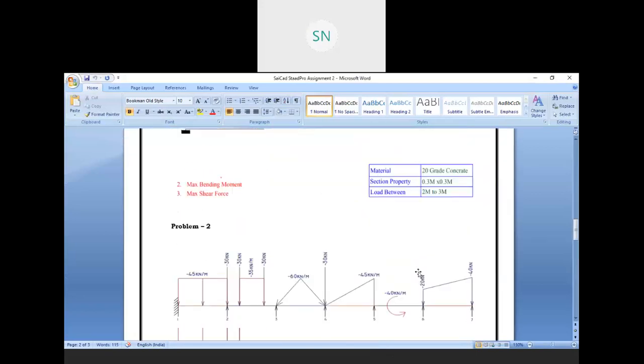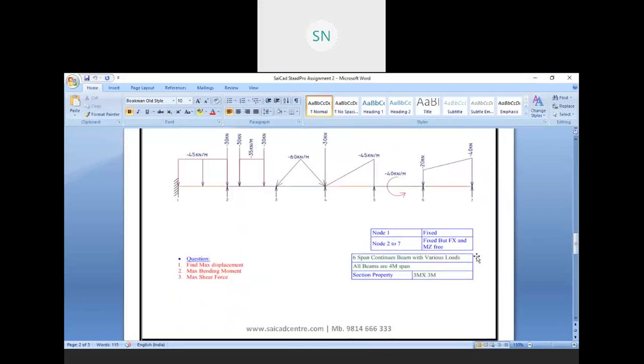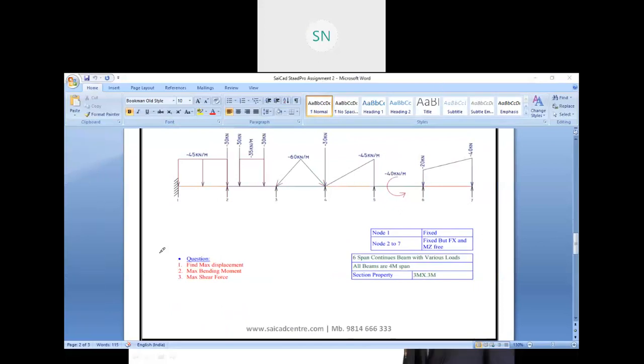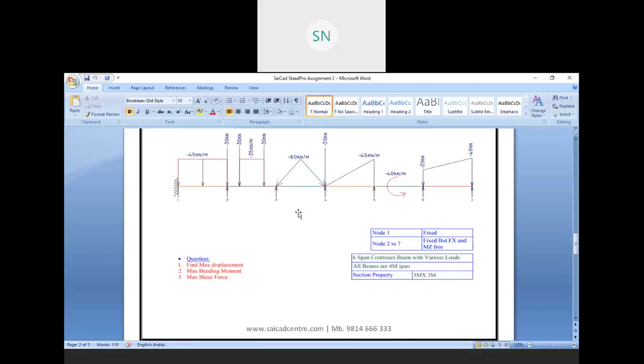See, we have fixed but, and in the fixed but that means we need to release something. We have fx and mz. These two things are free in our support.